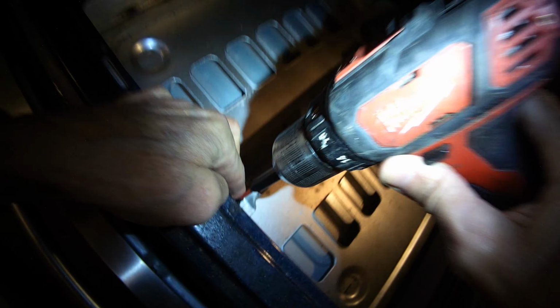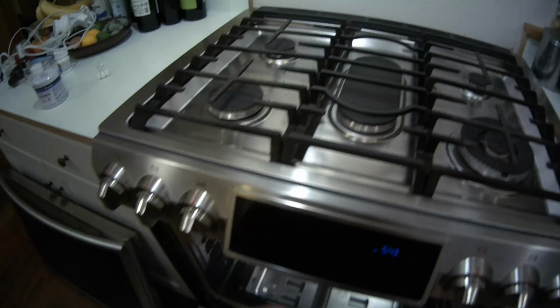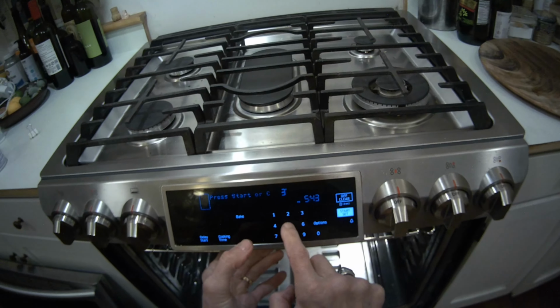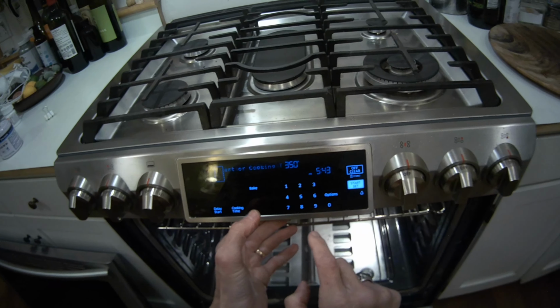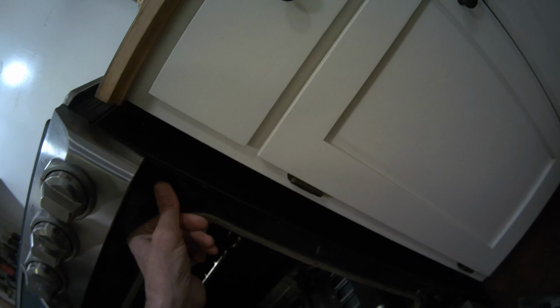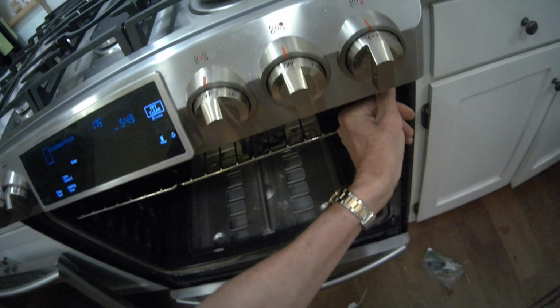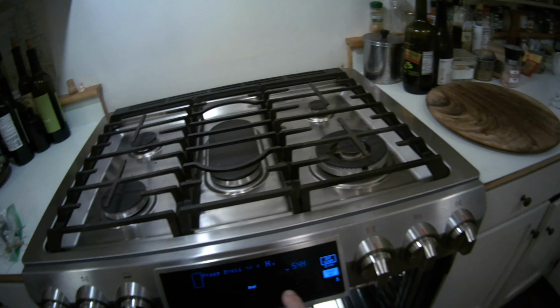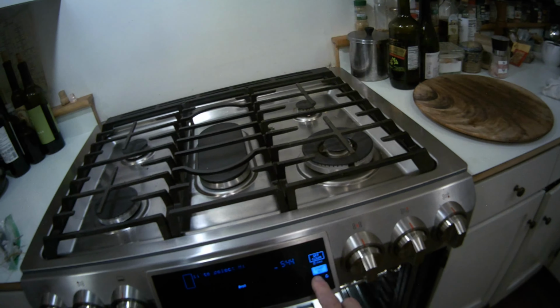And after you do this, if you test it and you don't see it glowing, that would mean that probably the controller is not sending power. I'm just going to test it here real quick. I'm going to ask for bake 350 degrees, and I'll press the start button. And I'm also going to press in on this door switch here over to the upper right hand side to make the computer think that the door is shut, because on some models it won't light the igniter unless the door's shut. On this test though, I did not get a glow,